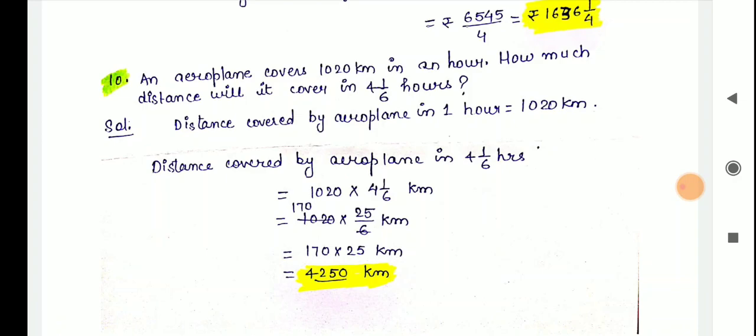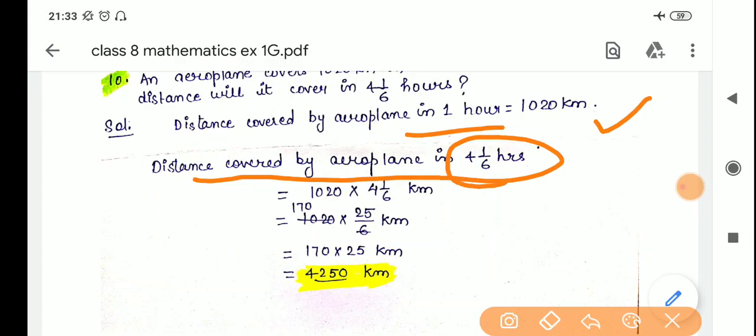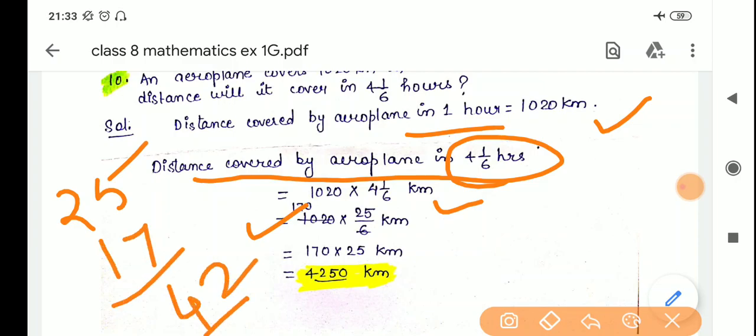So what we will write, first of all, whatever distance given in 1 hour, so it is 1020 kilometer. Then distance covered by aeroplane in 4 complete 1 by 6 hours will be 1020 multiply by 4 complete 1 by 6 kilometer. Then when we divide 1020 by 6, it will be divisible by 170. Then 170 multiply by 25 kilometer, 25 zeros are 0, 25 sevens are 175, 17 carry, then 25 plus 17, it will be 42, 4 carry 2, 25 ones are 25 and carry is 17. So the answer will be